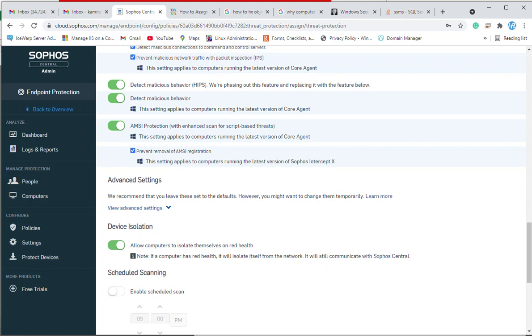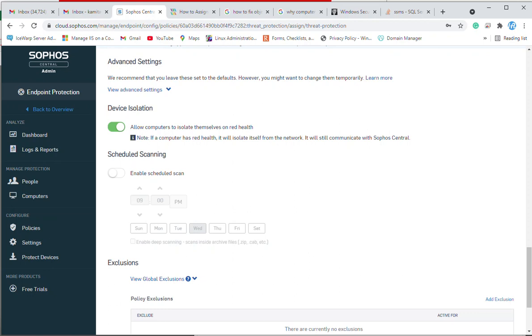I mean, any viruses which have been detected on the machine or compromised, it will not allow to spread on the network. But it will still communicate with Sophos Central for resolution and remediation of the virus attack. So this should be enabled.